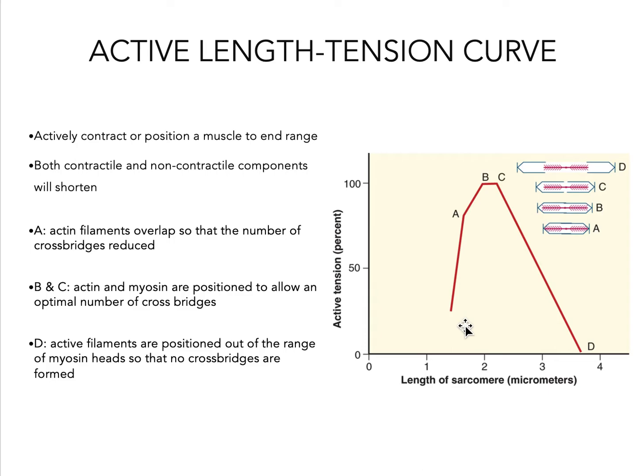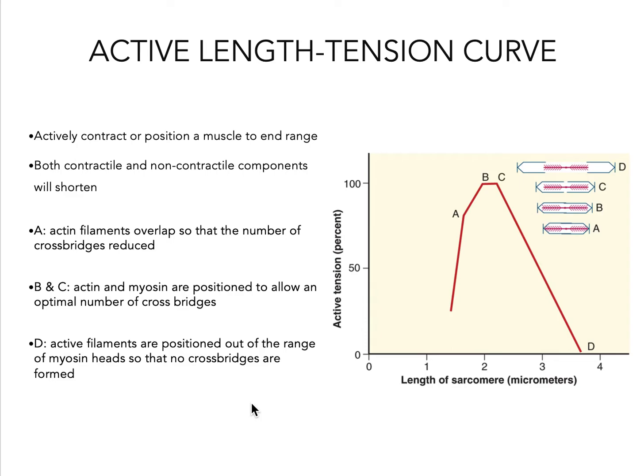And here we're unable to produce the maximum amount of tension because we're in a completely shortened position, A. There are already so many cross bridges that can be formed. Now, as we slowly stretch our wrist out to a neutral position but continue gripping, squeezing the fingers, we're reaching